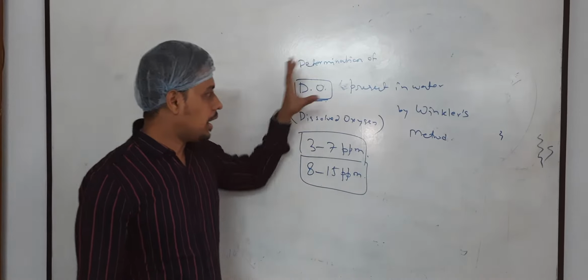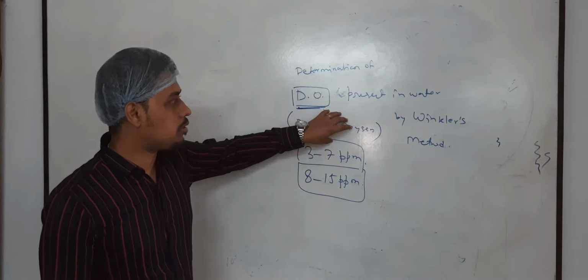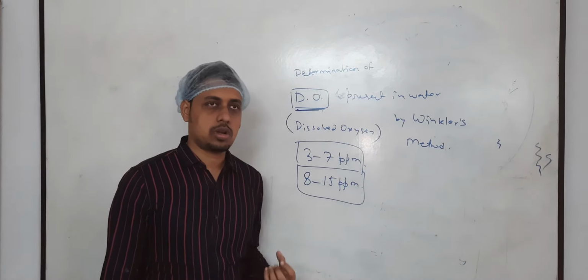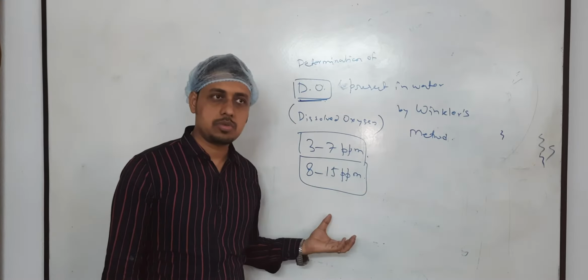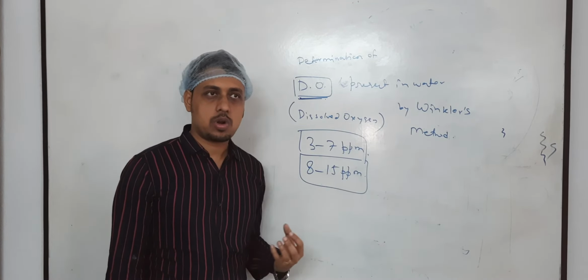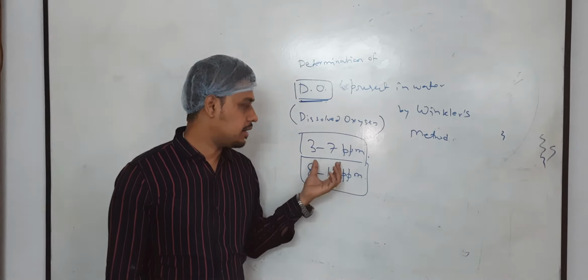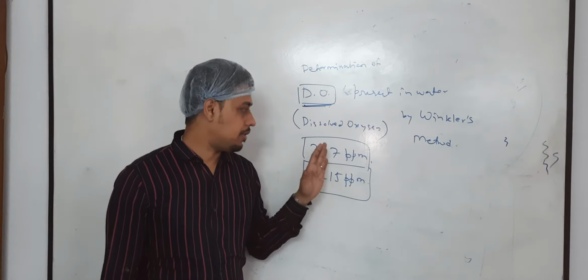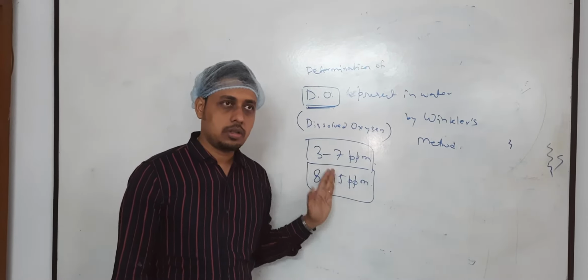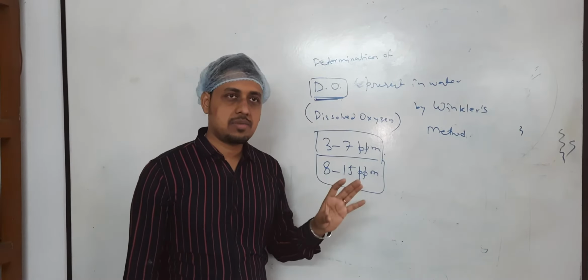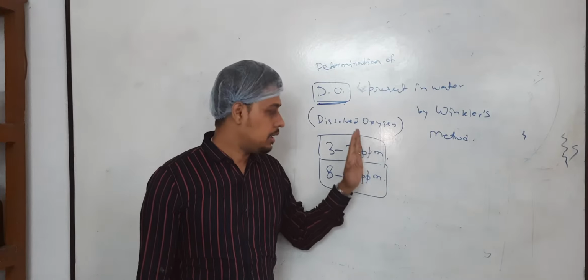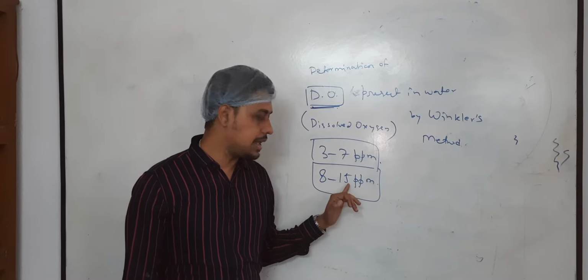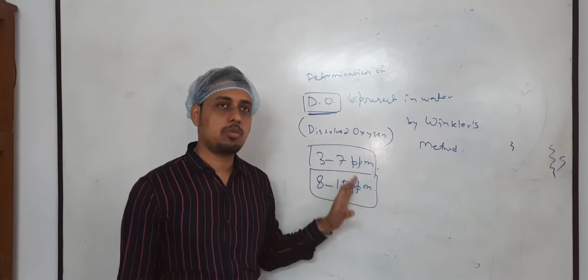Okay. Now we will estimate how much dissolved oxygen is actually present in a particular amount of water. Let us say you have taken some wastewater. That wastewater may contain very little dissolved oxygen. Once you take fresh water from a fresh water resource, it may contain dissolved oxygen ranging between 8 to 15 ppm. Okay. So if the DO level drops, aquatic plants and animals are threatened, and if the DO level increases and crosses its higher limit, it will also create problems for aquatic plants and